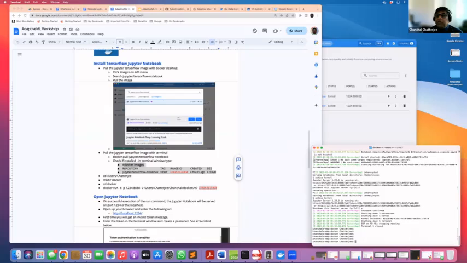Is it possible that anyone can do this kind of workshop on Metaverse? Yes, you could, but